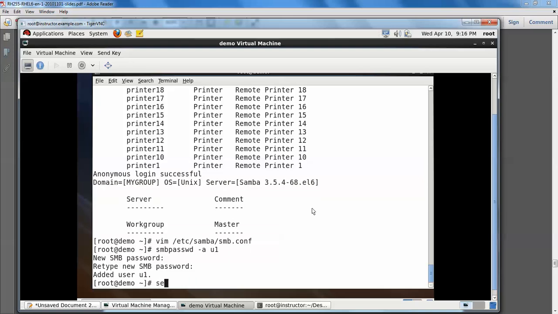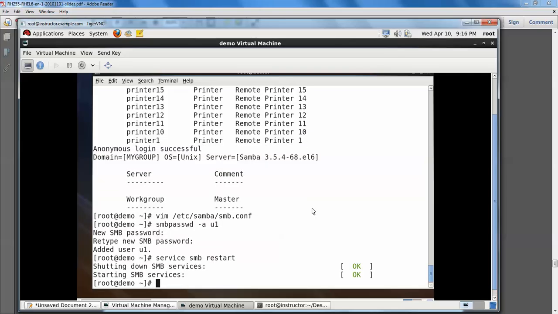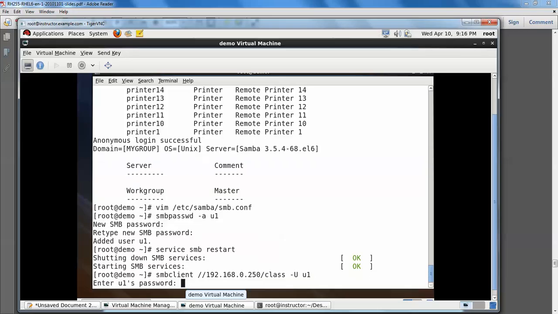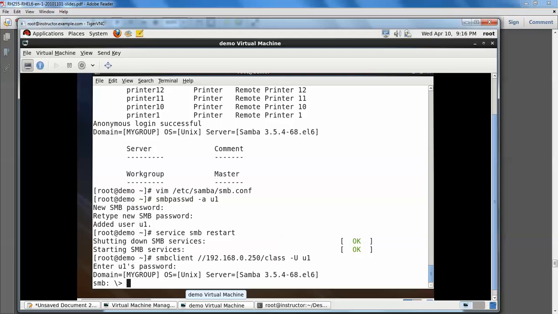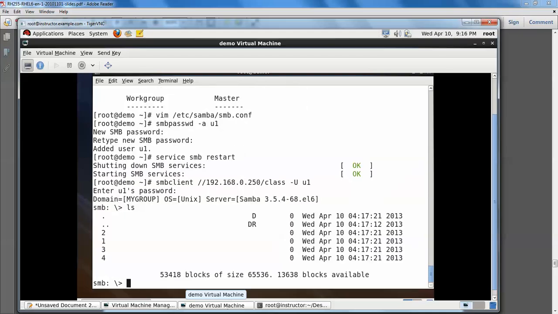So then service SMB restart. Now you can check smbclient //192.168.0.250/class -U, username is u1. Provide u1's password, red hat, so you can get the list there.